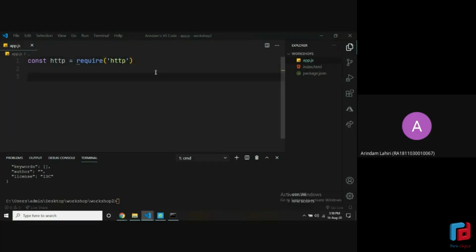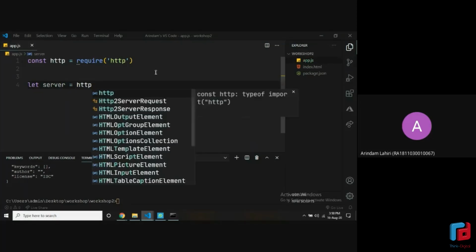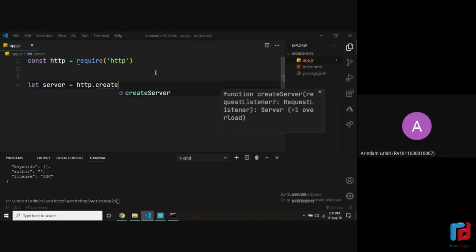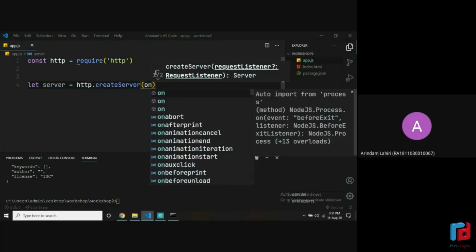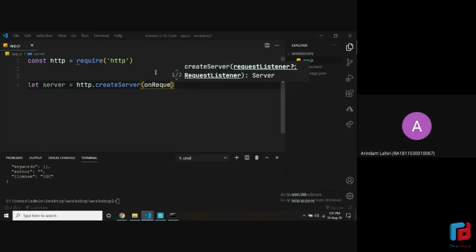Now let's see how we can use it. For now, let's just create a variable called server and use the built-in function that we get with the HTTP module, which is createServer, and give it a function. So how this works is, when we create a server, we need to give it a function handler.